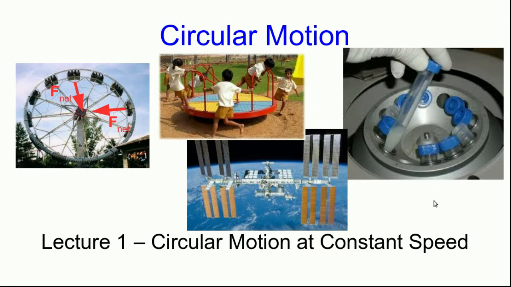We're going to start by looking at some general features of circular motion, and in particular at circular motion with constant speed. This whole unit is just a special case of what we saw in the unit on motion in a plane. So a lot of it will in fact be review, but applying it to a specific sort of